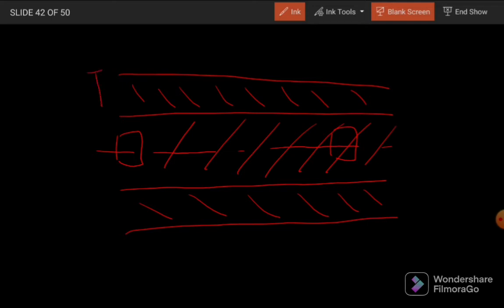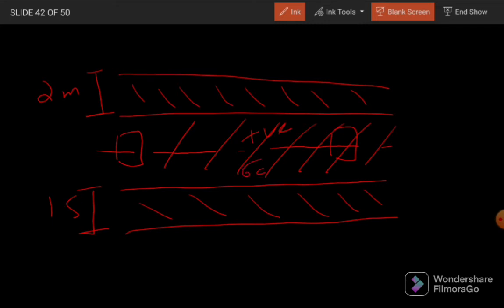If the width of the middle strip on this side is, for example, 2 meter and on this side it is 1.5 meter, and out of, for example, this positive moment,